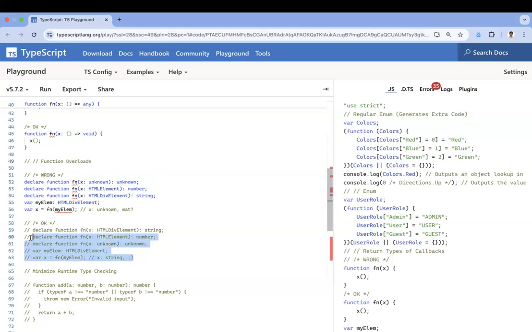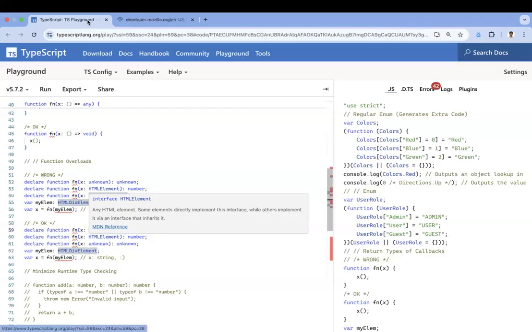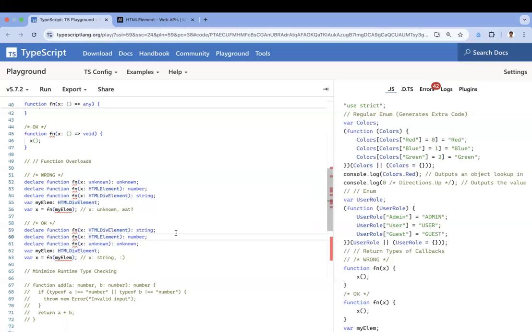Specific scenarios should be at the top. For example, see, HTML div is more specific than HTML element. So more specific things should be ordered at the top. We are only talking about the sorting part here. The order should be in such a way that specific elements should be at the top and